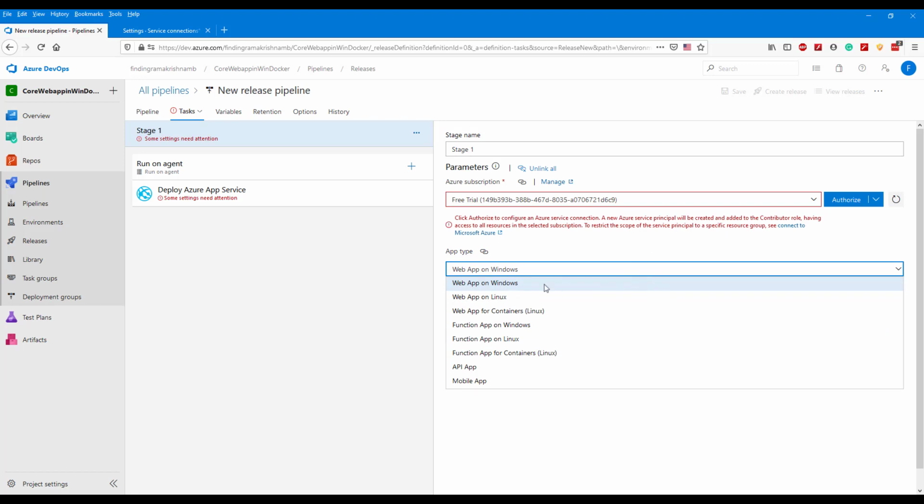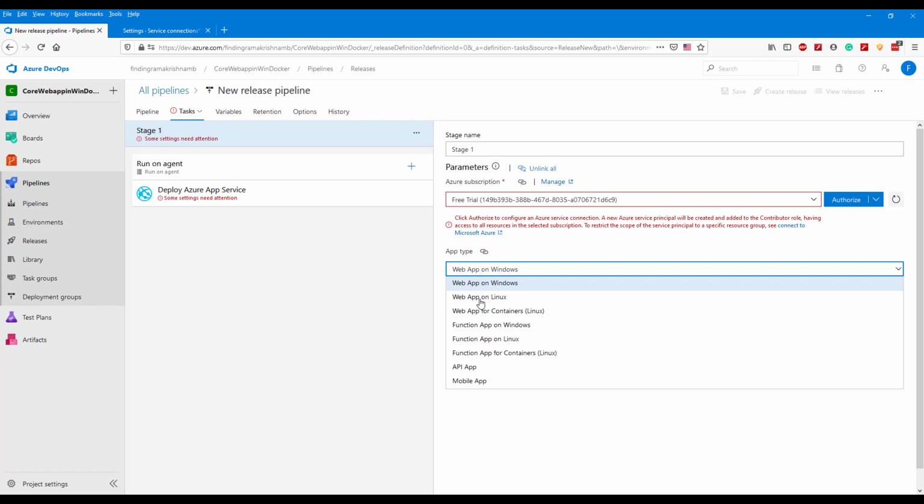If you see here, we have web app for Windows, web app for Linux, web app for containers in Linux, and we have function app and API and mobile app. So we don't have web app for containers for Windows, because we already have web app on Windows, and our Docker file is building Dockerization content for Windows. So we don't have an app type basically for containers on the Windows platform.